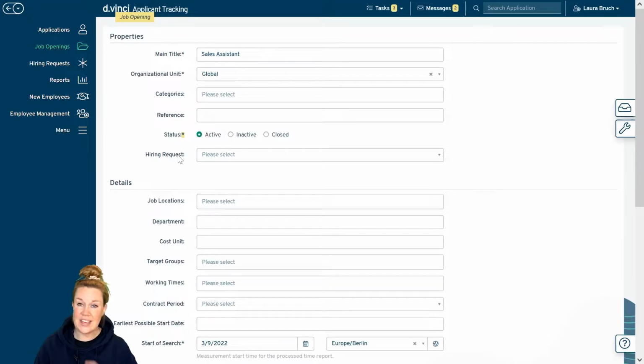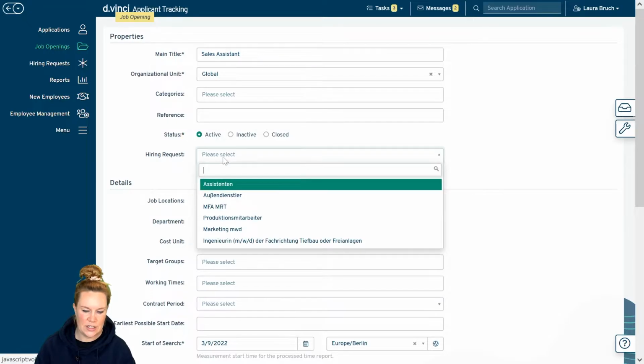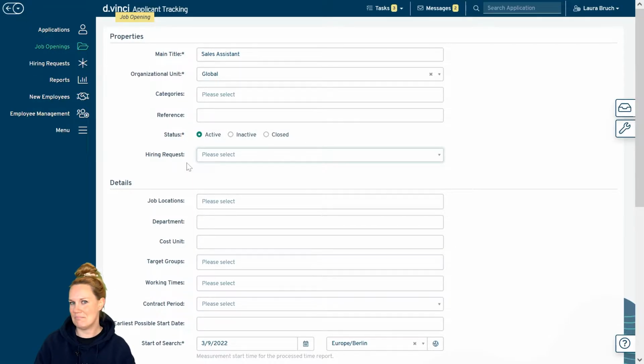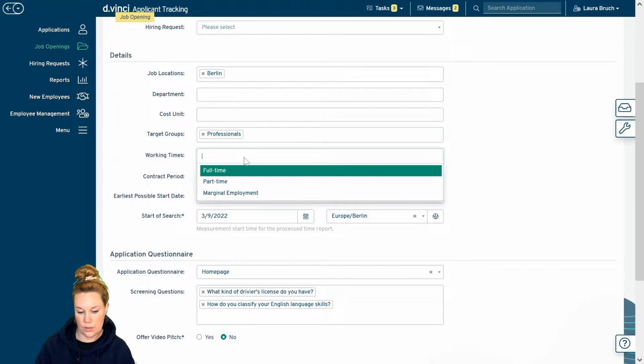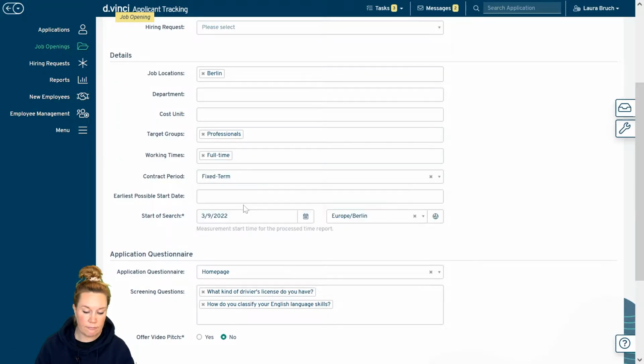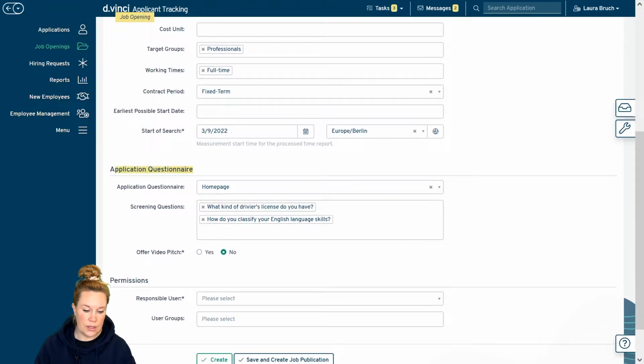I say it's active. If you have a hiring request, you can just select it, and then most of the time everything here is already filled out. But of course, you can fill it out yourself, however you want to work with DaVinci. You can set up a questionnaire, a little form that the applicants have to fill out to apply in your company.